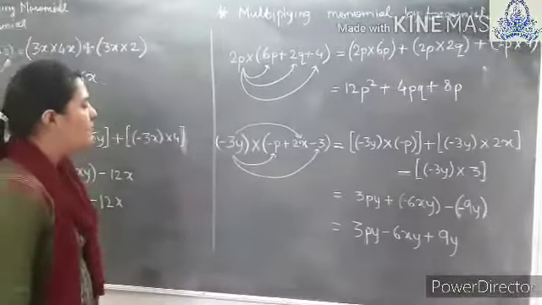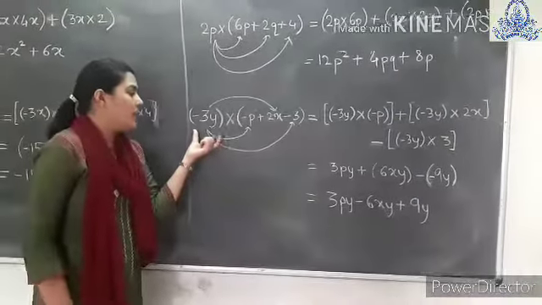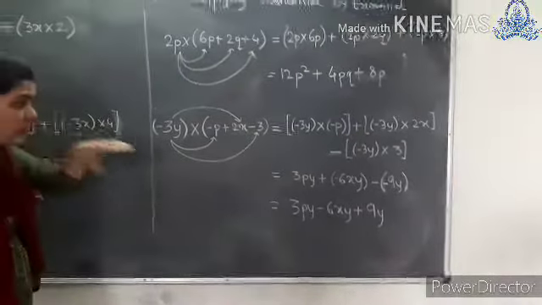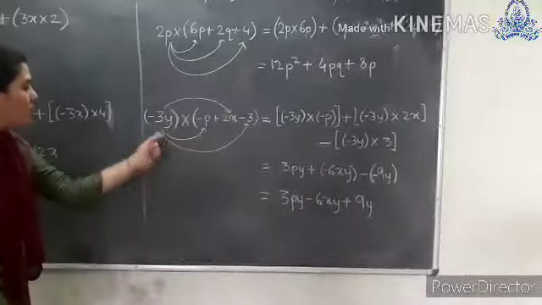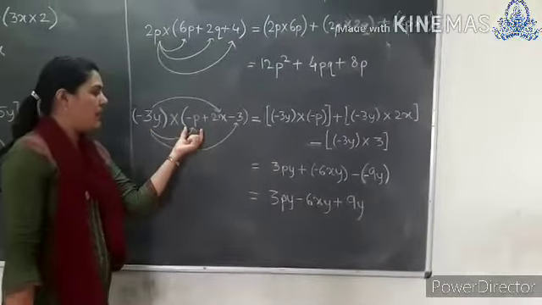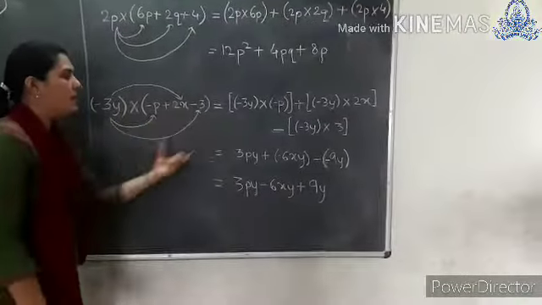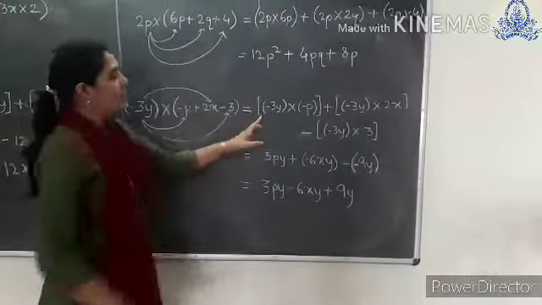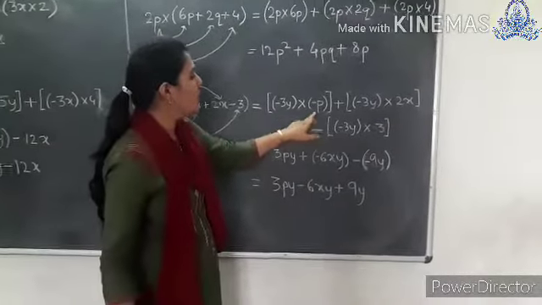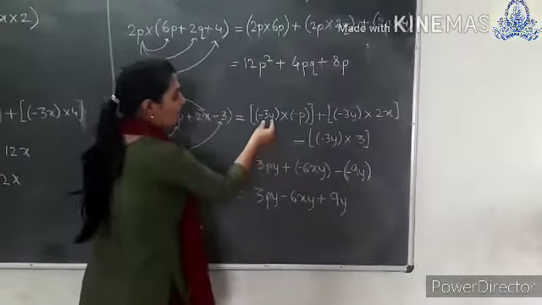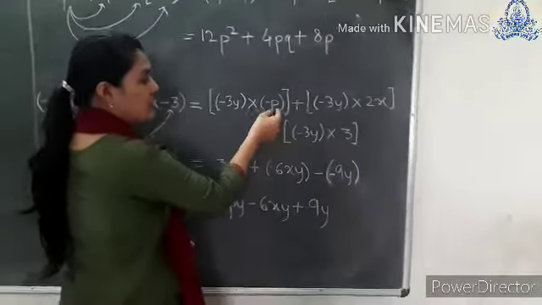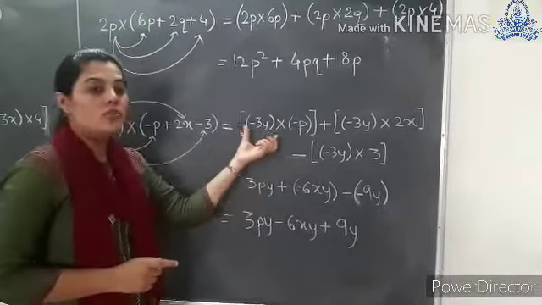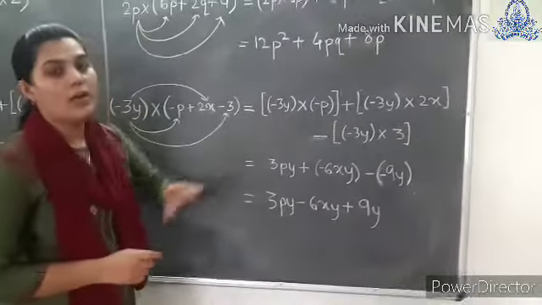Now come to the next example. See, again we have taken one negative monomial and a trinomial which consists of a negative sign also. Now see, this minus 3y will be multiplied by minus p and in the same way by each term. Okay. Now see, this minus 3y into minus p. See how I have written minus 3y into bracket minus p. This means this 3y also has a minus sign and this p also has a minus sign. You better put proper brackets to recognize that, otherwise you will be confused here.